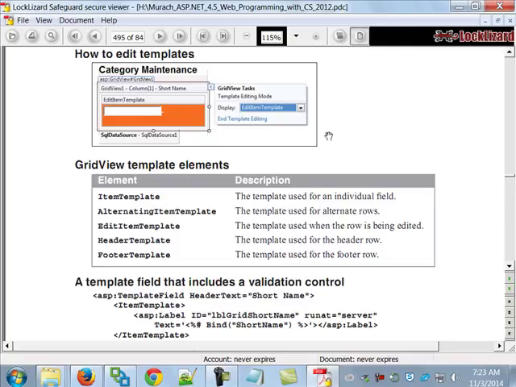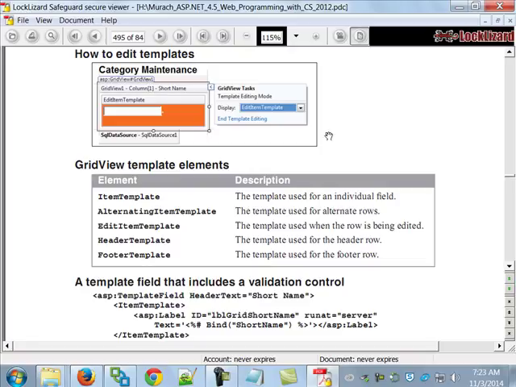book onto page 473, they mention although using bound fields is a convenient way to include bound data, the most flexible way is to use template fields, where a template field is a field that provides one or more templates used to render the column. You can do anything you want in these templates, include anything you want: labels, text boxes, data binding expressions, validation controls, etc. In fact, validation controls for editable grid view controls is one of the main reasons for using them. So in the figure that you see up on the top of page 473, they show you how to